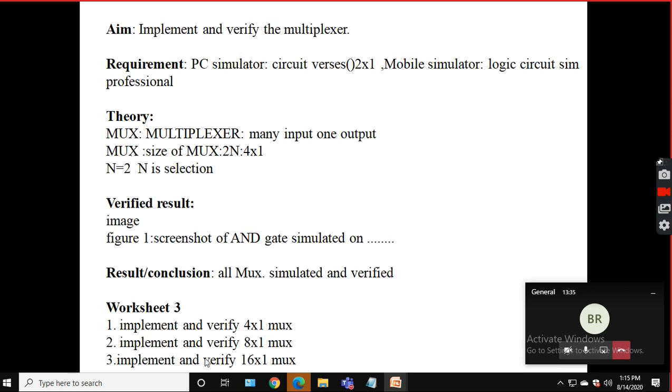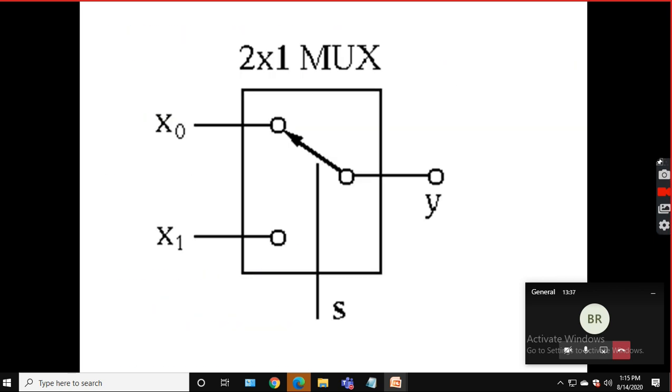Now we are going to see what a mux basically is. Okay, so here you can see a mux is nothing but multiple inputs and one output. So here you can see what is going on inside the multiplexer. You can see this is the selector line. Here you can see this is the selector line. This is the selector line.